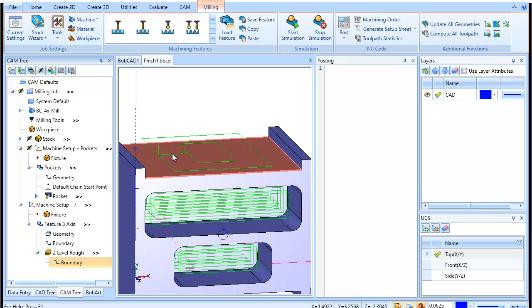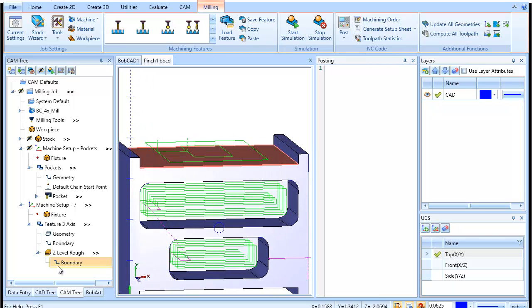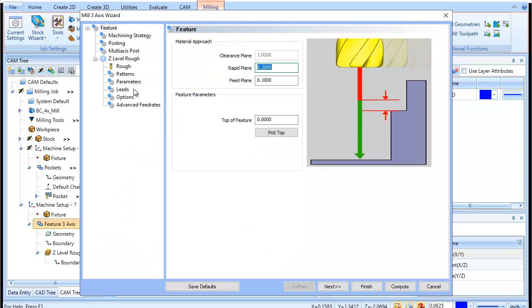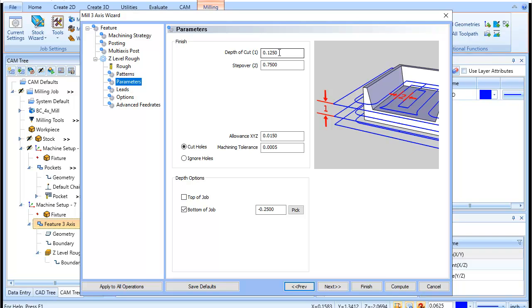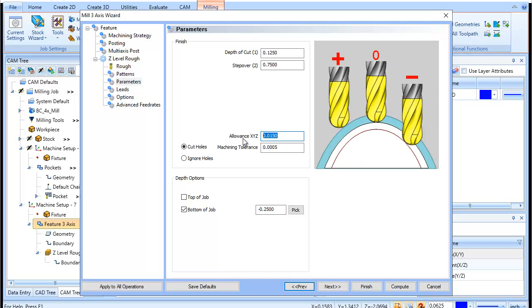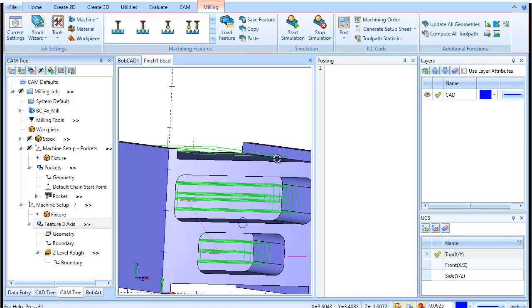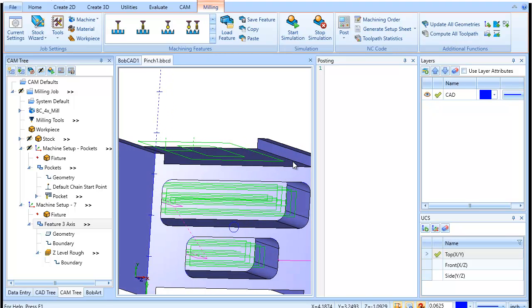This pocket right here is 0.25 deep, and I guess the question is why it doesn't go all the way. So, if we look at the feature, 0.125, and that should give how many cuts in a 0.25 deep pocket, correct? Okay, except he has an allowance here of 0.015 allowance. So there's only one cut there, and I think the question is why doesn't it go all the way down to